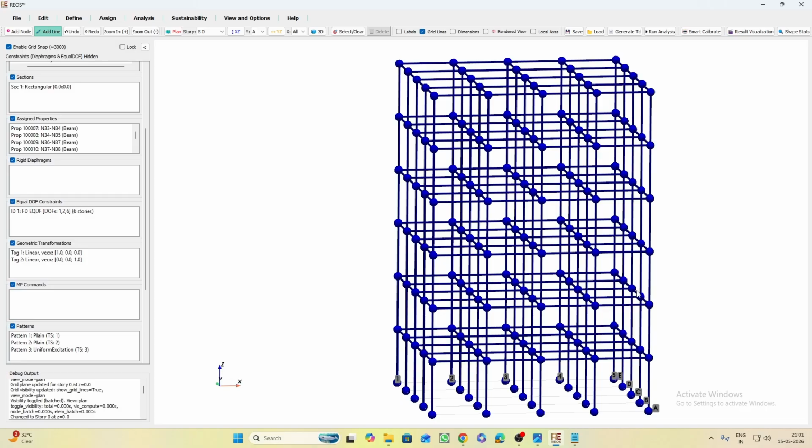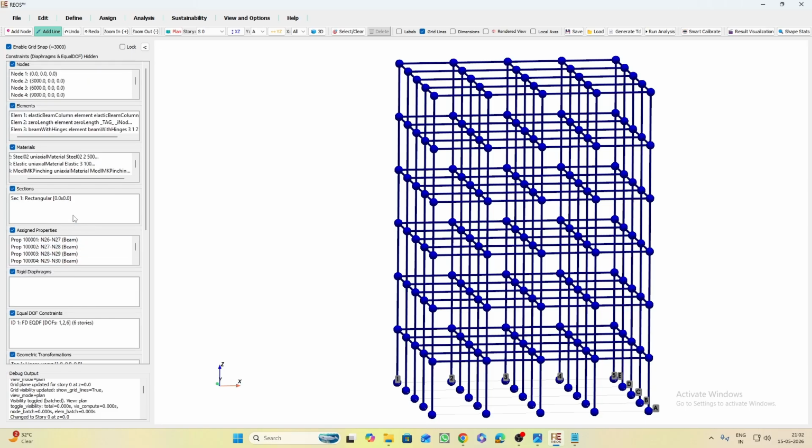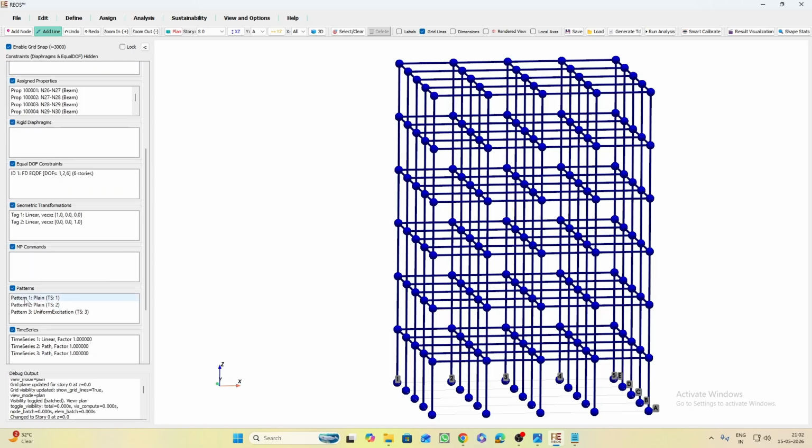Now, for this example, we are assuming that all the beam members will have the same properties and all the column members will have the same properties. But I'll show both the options. First, we'll select a single member, and then we'll proceed with all members together. Okay. So, for individual member assignment, you can go to this